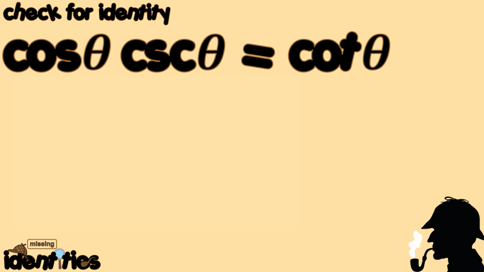Case number 13. We are going to check for this given equation if it's an identity. We have the product of cosine theta and cosecant theta is equal to cotangent theta. Unlike the previous cases where we are just trying to determine the identity equivalent in each expression, here we are going to check whether this equation is an identity in the sense that the right hand side is equal to